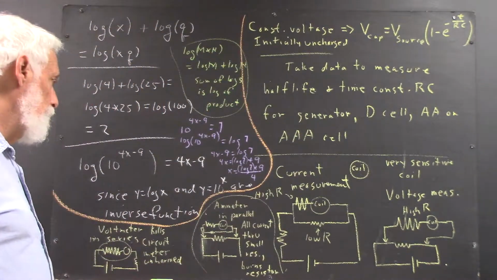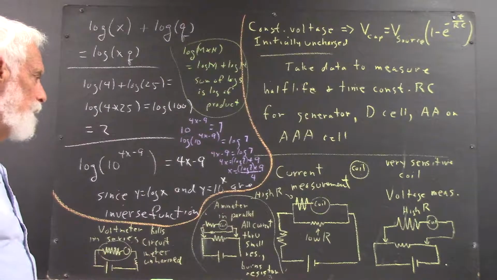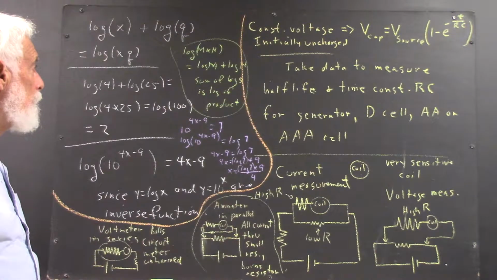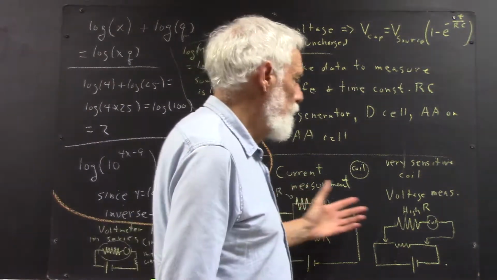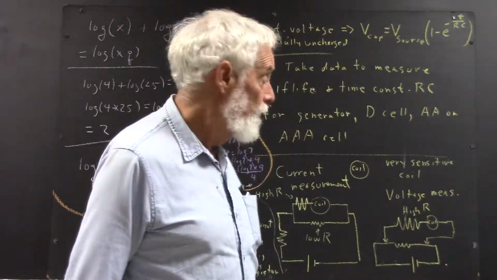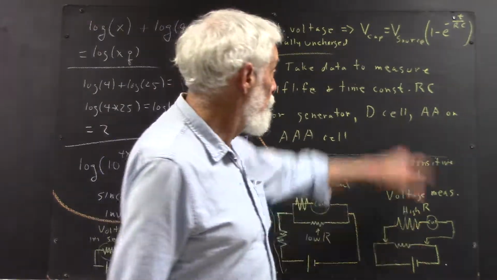Okay, another thing that we need to understand in relation to the lab is the nature of a voltmeter and the nature of an ammeter. Because, of course, we're either going to measure current or resistance. You can also do this,